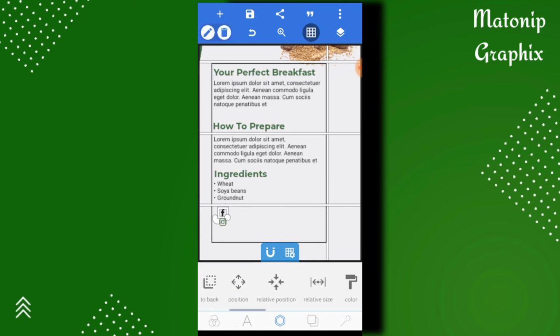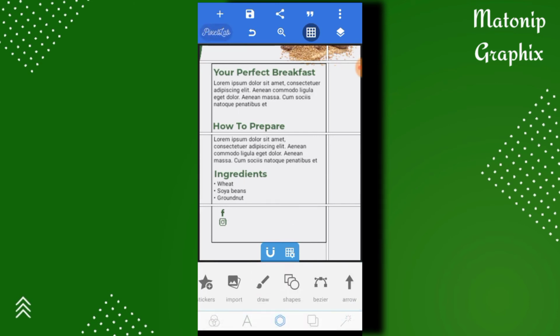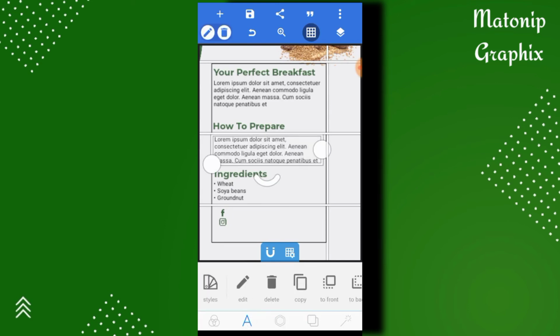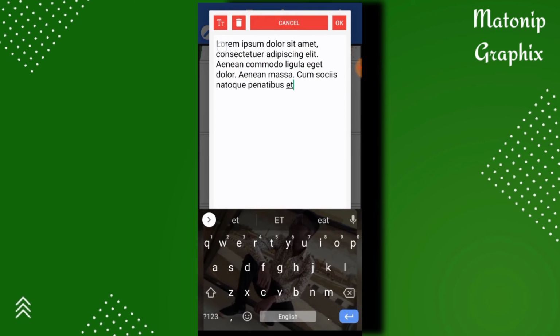You go to color, click on it, click on color, and you click on green, the green color. So now we can add the text. Let's use the same size of text as this one. So let's just copy this. Click on A, click on the text, and you click on copy. So now you just edit it and put in the same text, the social media handle for the brand. Let's say